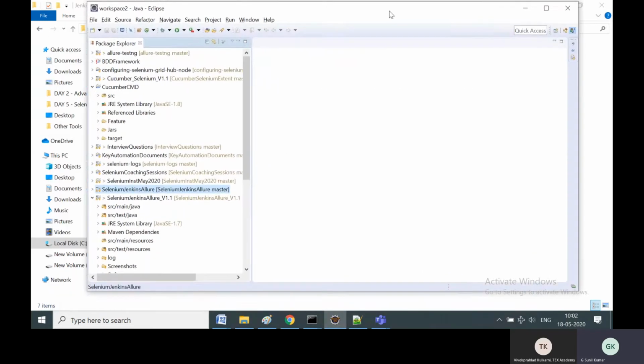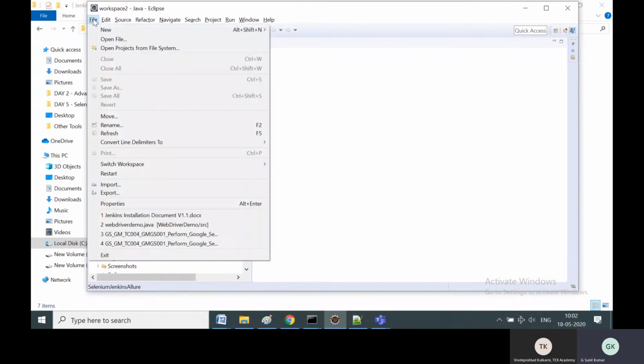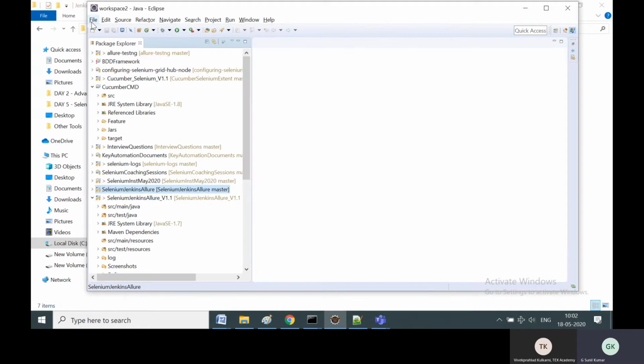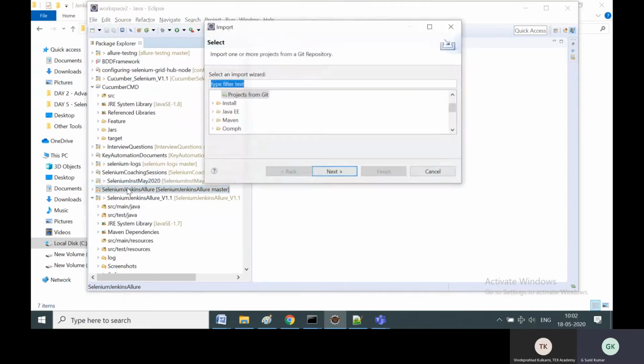In the Eclipse, by now most of you know, I showed in part 1 also how to import an existing Maven project. Importing a Maven project is very easy. File, import, and then you go to the C colon location.